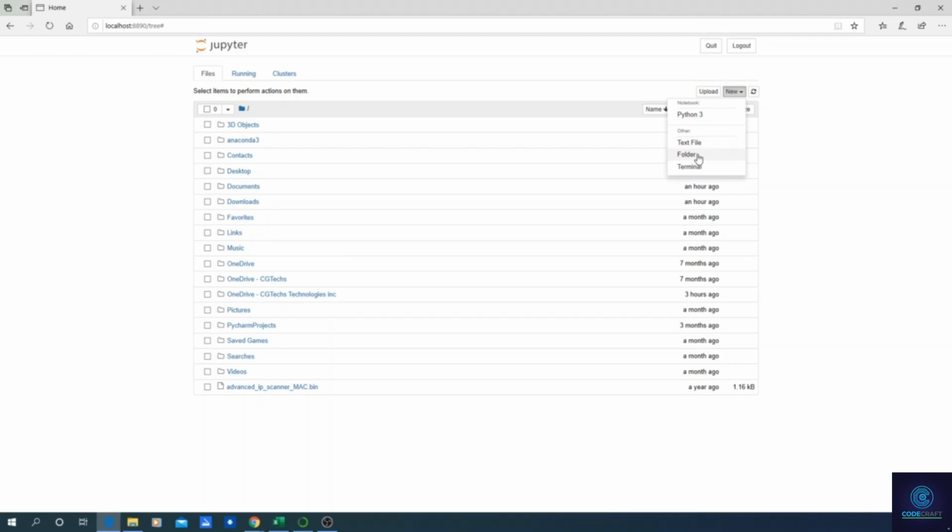You can create a folder, so once again, a normal folder like this one right here. You can create it and it's going to be automatically named unnamed folder, or untitled folder. I personally don't remember. And finally, you can generate a terminal. So once again, if you want to work on a terminal, you can do it. Last thing right here, if you want to refresh everything, you can do it simply by clicking this button right